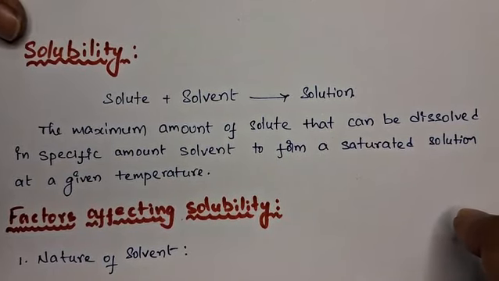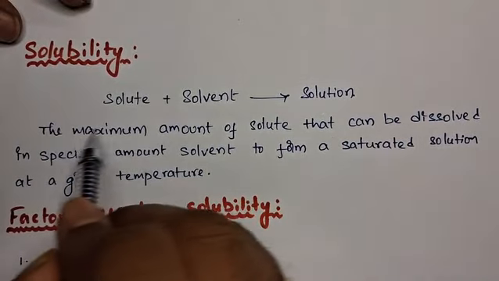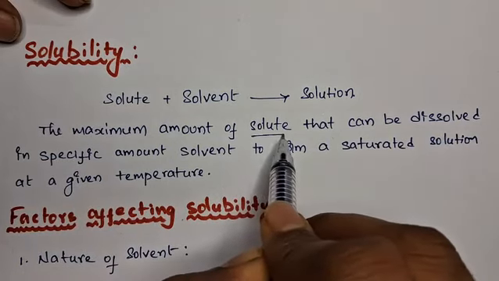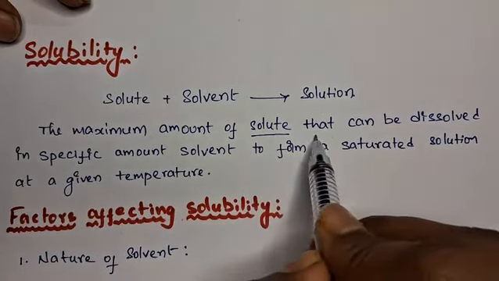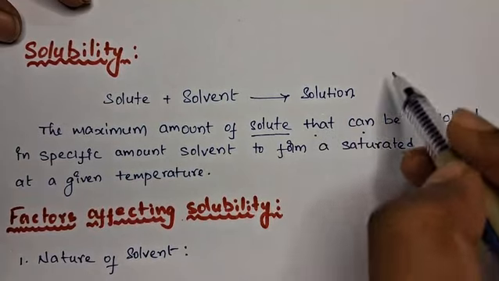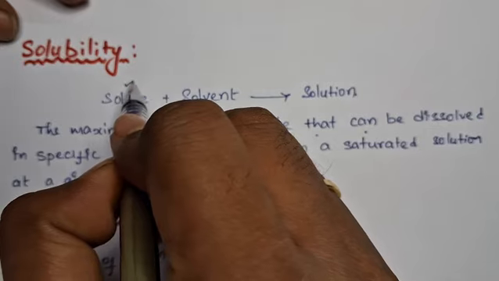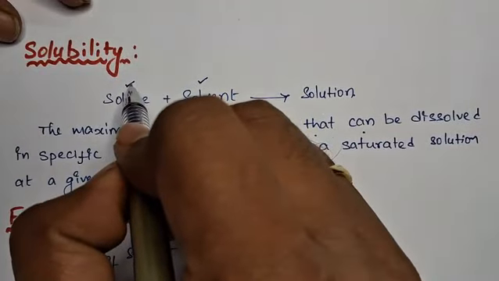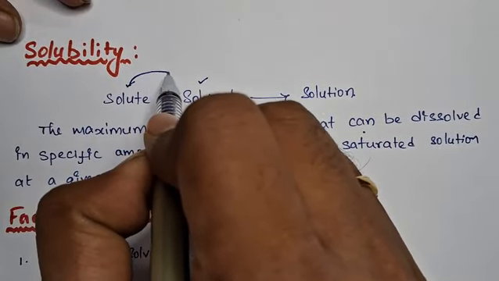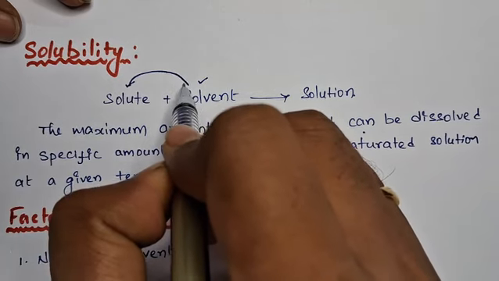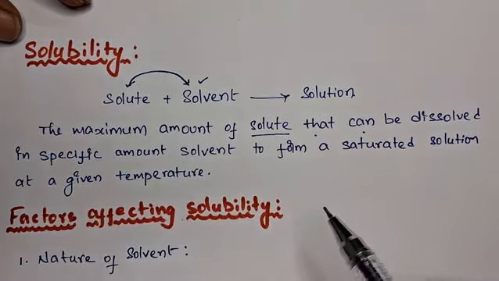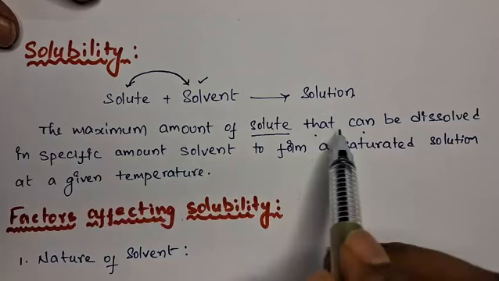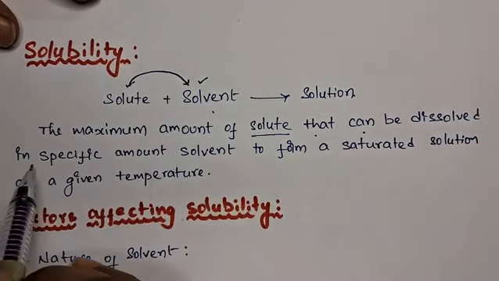What is solubility? Solubility means the maximum amount of solute that can be dissolved. For example, there is a solute and there is a solvent. The maximum amount of solute, when you add it to the solvent, that can be dissolved in